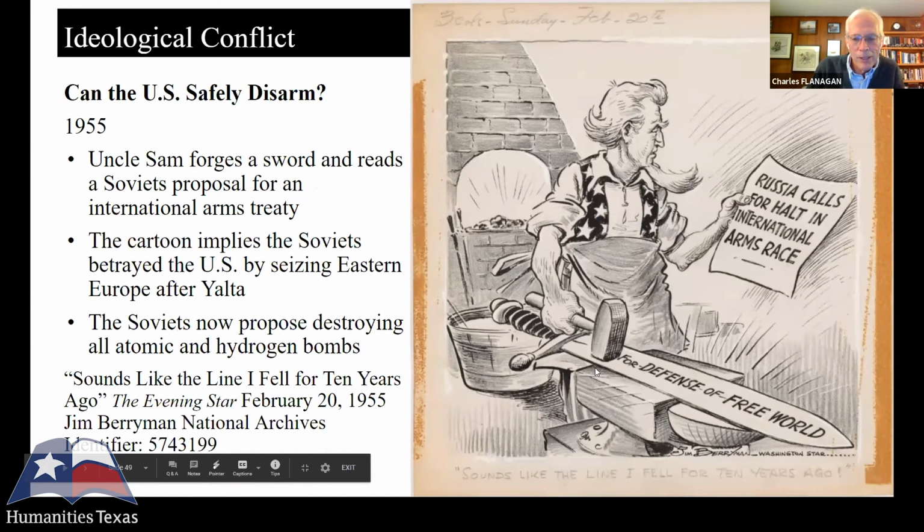And it really dramatizes Uncle Sam's position: can we trust those guys, or do we have to keep building our military infrastructure? Because if we don't, they're going to stab us in the back, as they did after Yalta. So